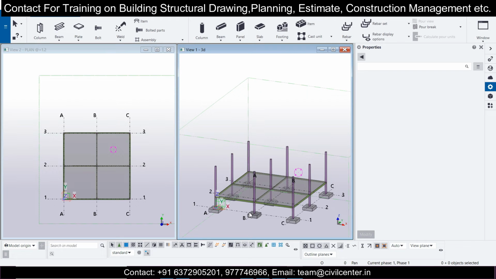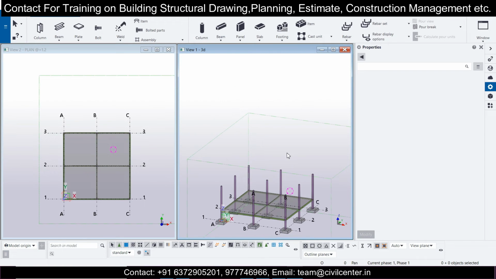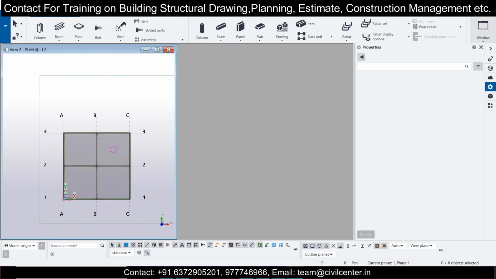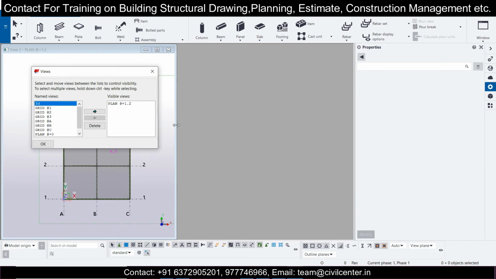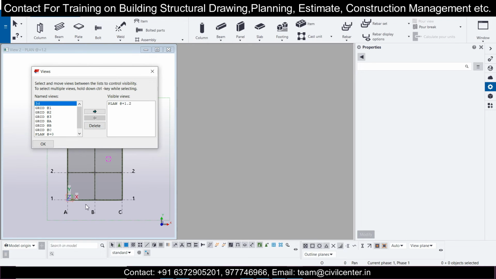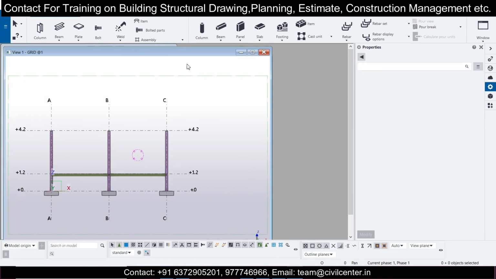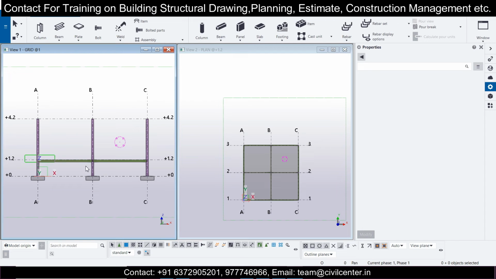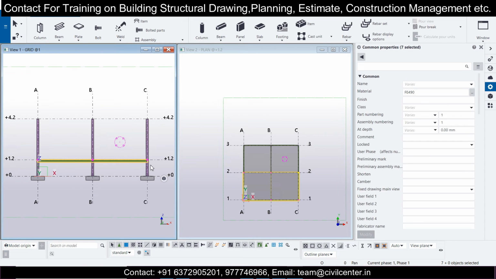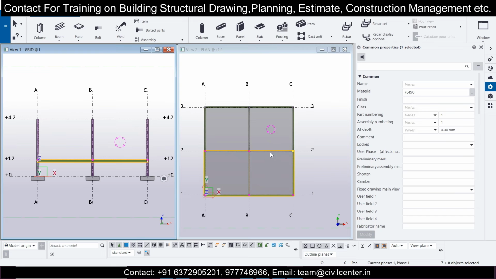So now let's go to a particular elevation here. I want this particular elevation view, and I want to go to view list, and open my elevation along grid 1. So I'm opening my elevation grid 1. I'm just tiling these windows vertically, and I'm just copying this. So let me see what things are copied.